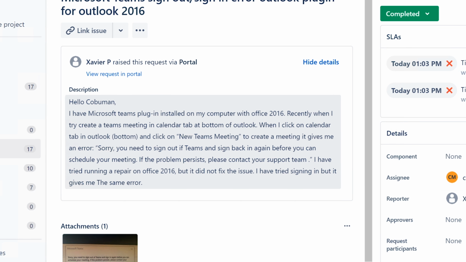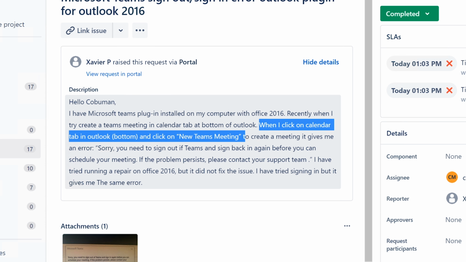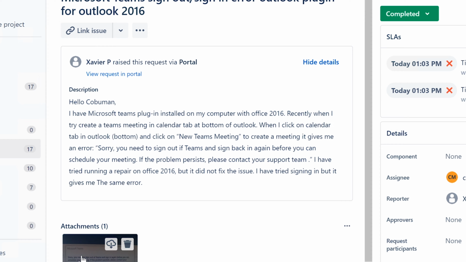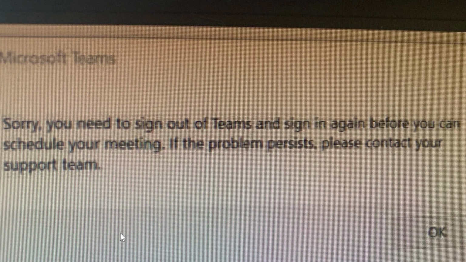Now in this case, whenever he tries to click on the calendar and click on new Teams meeting to create a meeting, it gives him an error. So every time he tries to use it, basically, it gives him an error. At this point it's unusable, and it tells him you need to sign out of Teams and sign in again before you can schedule your meeting. So what this clearly says is that you're signed in